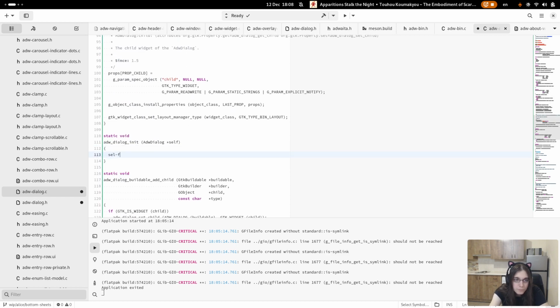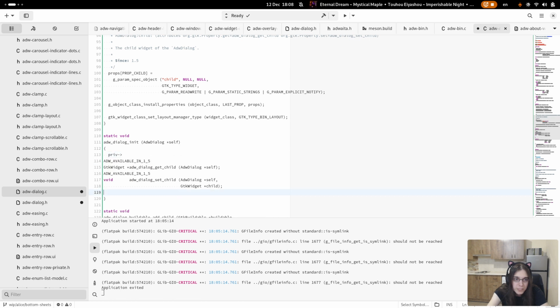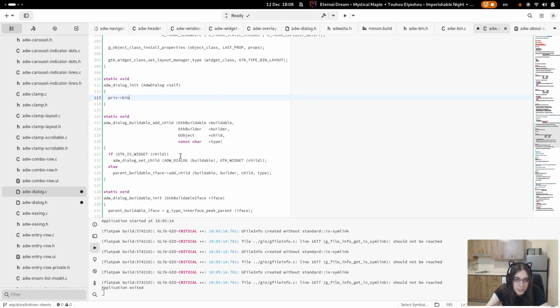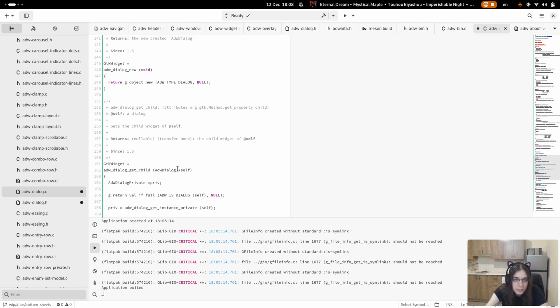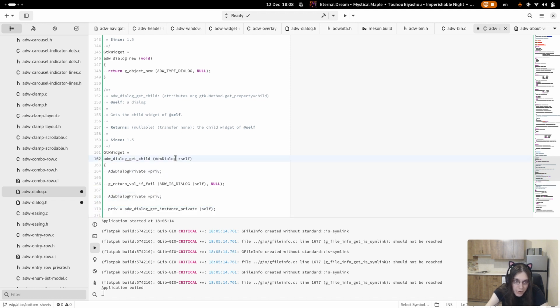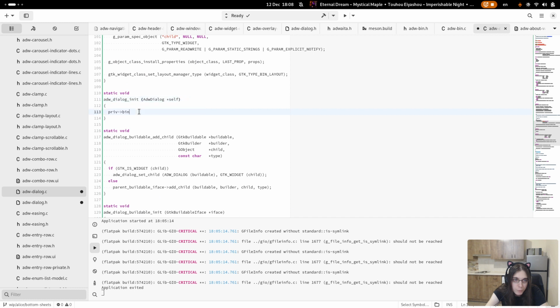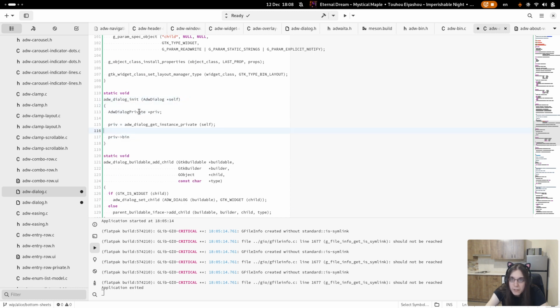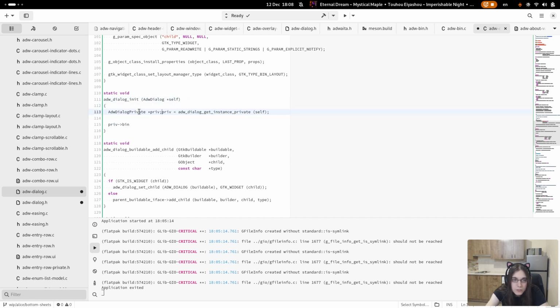So it's not self, it's brief this time. Because this is derivable, I can't just put data into its own struct. I mean, I can, but then I can't change it anymore because that will be an ABI break. So instead, we have one pointer to a private struct and we put everything there.